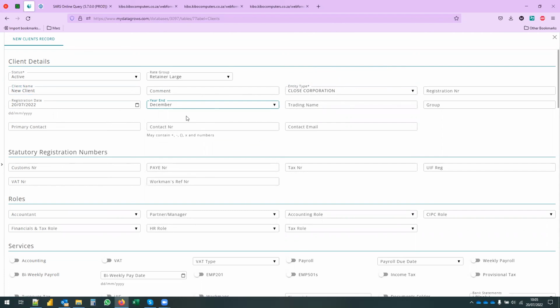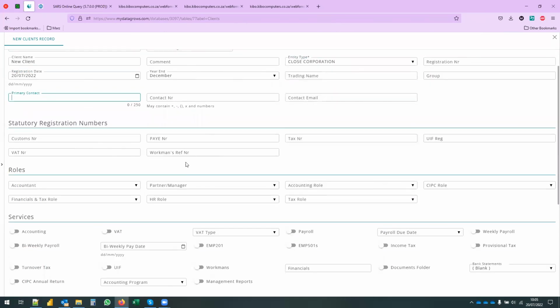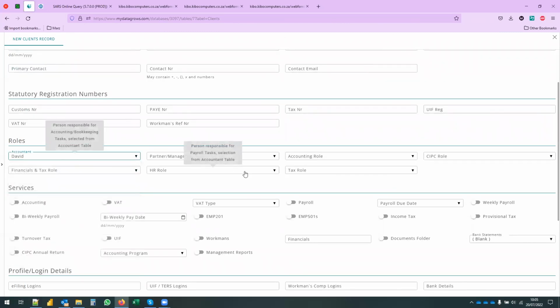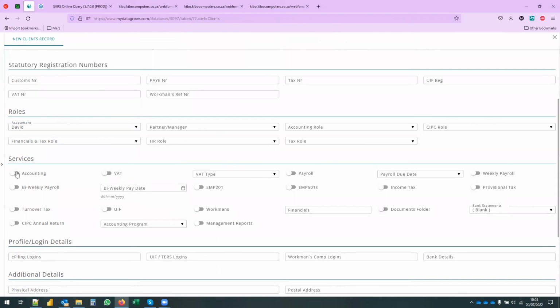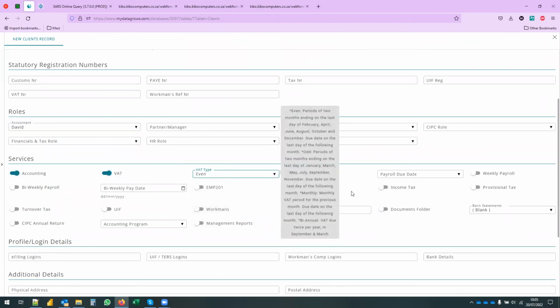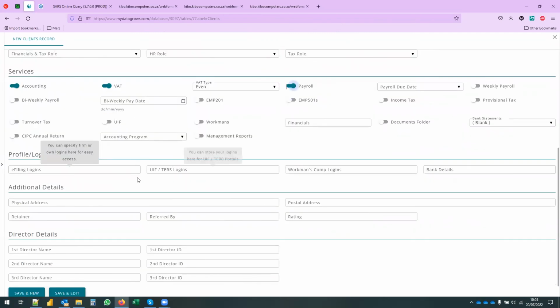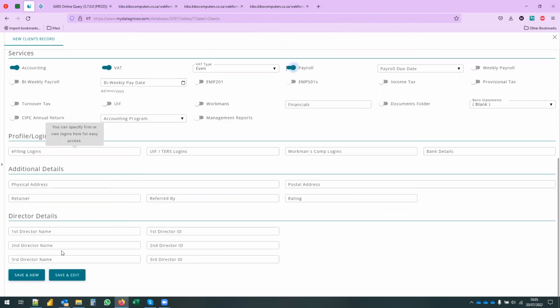Okay, so that is a very important field. You can enter in the contact information, statutory registration numbers, and then assign the staff members as they apply in your company setup. Okay, so as there are departments, assign them in that way, and then you switch on the services as they apply. You can capture logins as well for easy access, and then additional details like address,